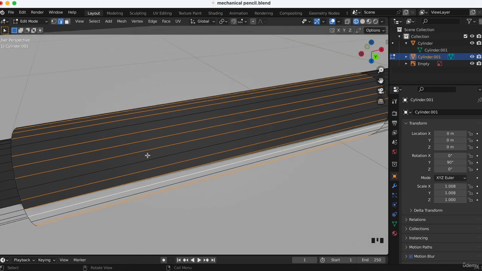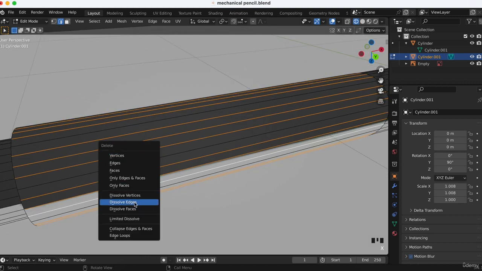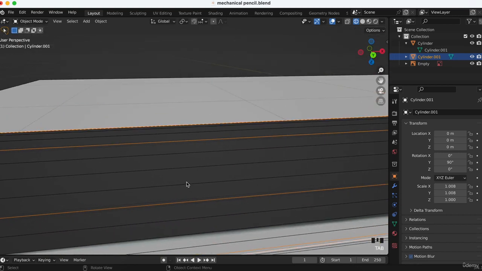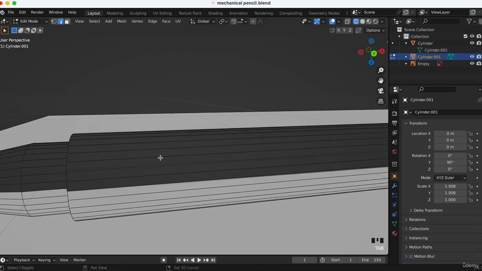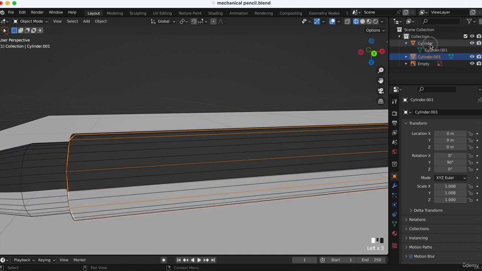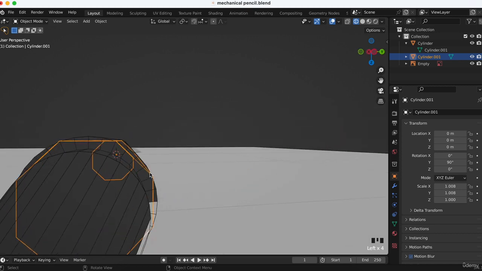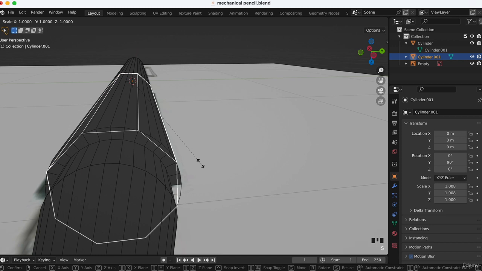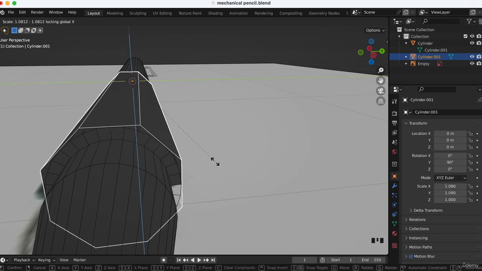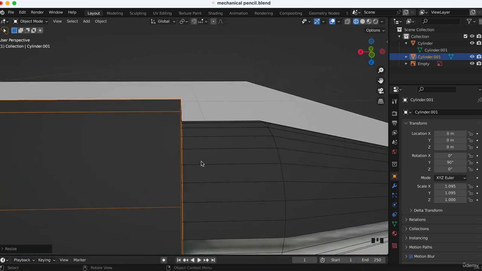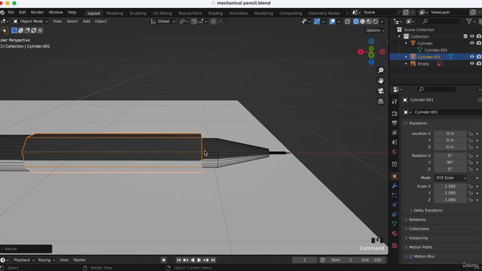And now we can dissolve the edges, and it looks good. And the other edges are the ones from the cylinder here, not this one. So this one we can make bigger, so you see now it looks like this. S, Shift X to make it bigger like this. We can make it a little bit bigger on this side,